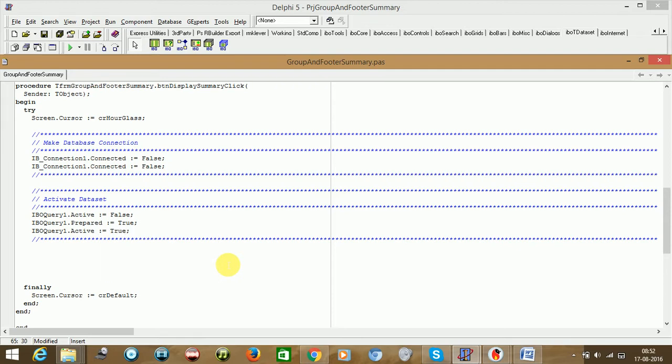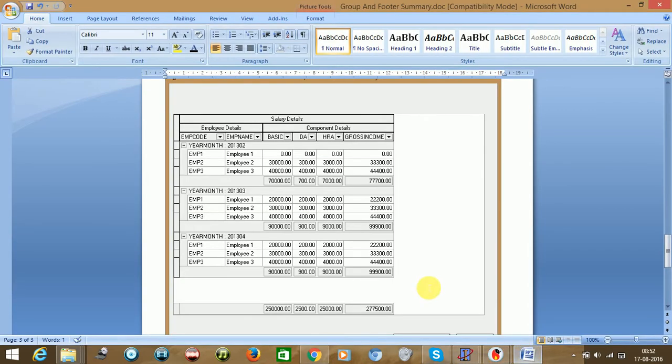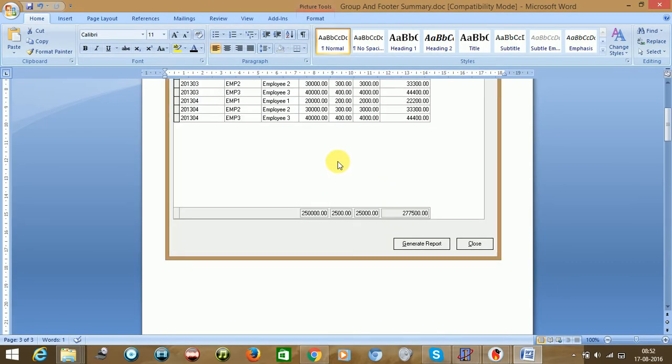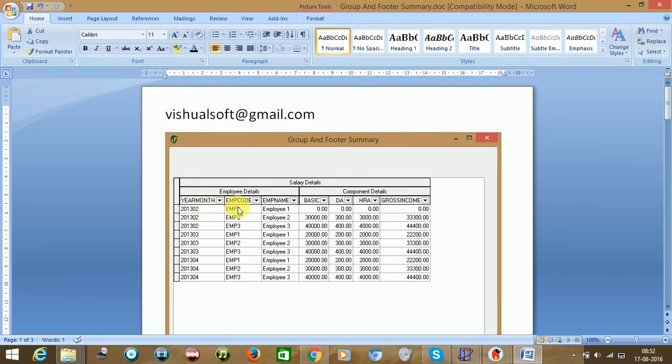Okay, now the basic necessity we have done already here. So what we can do is display some columns, as you see here. First three columns we need to display here, and then the remaining columns we need to display here. So we should know the position of these remaining columns. The column index always starts with 0 in the data set, also in the grid. So 0, 1, 2. After that we will be doing all the summary related operations.